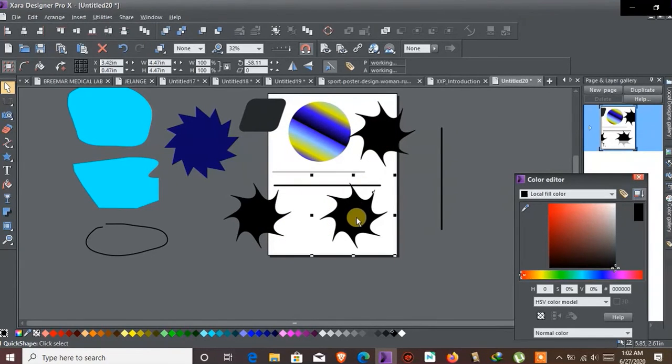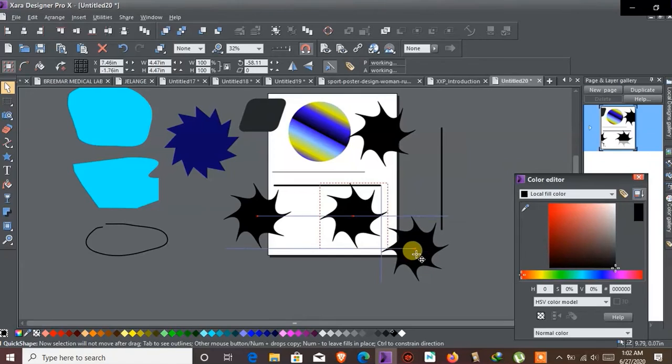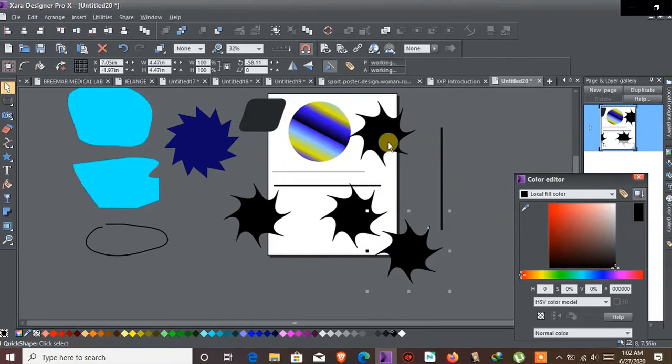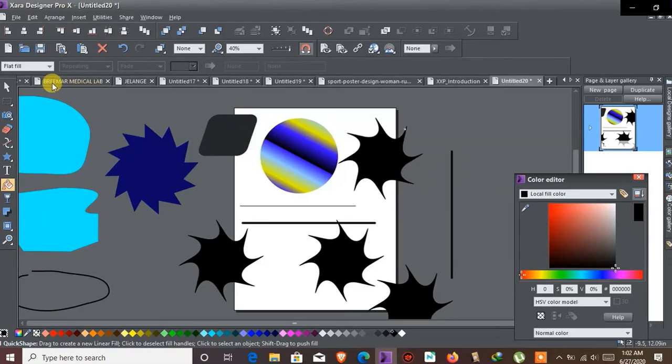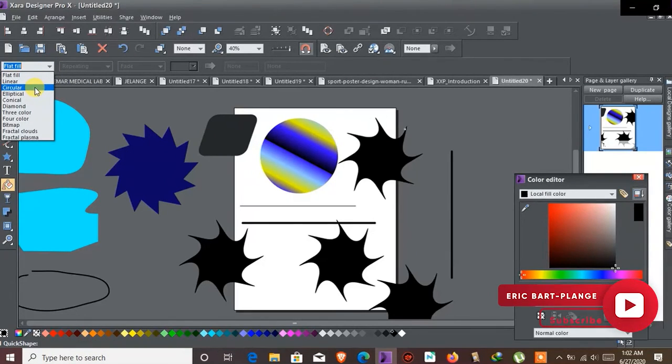Or I'll right click with the mouse and drag to get a shape. Alright, we are going on and on. Xara is good. So with the help of the bucket, I'll go to my next fill type. That is my